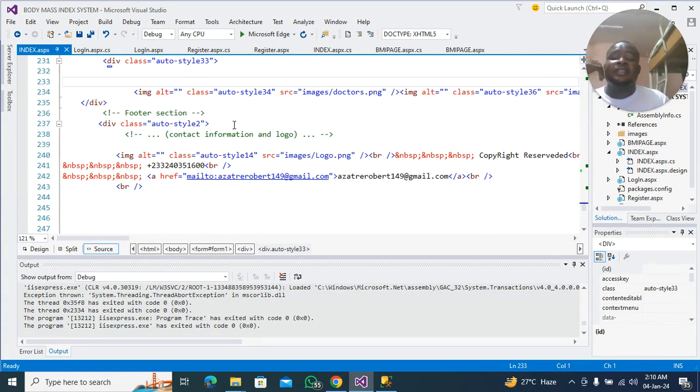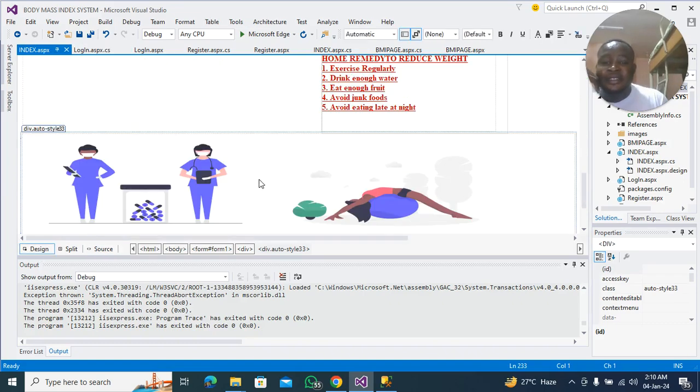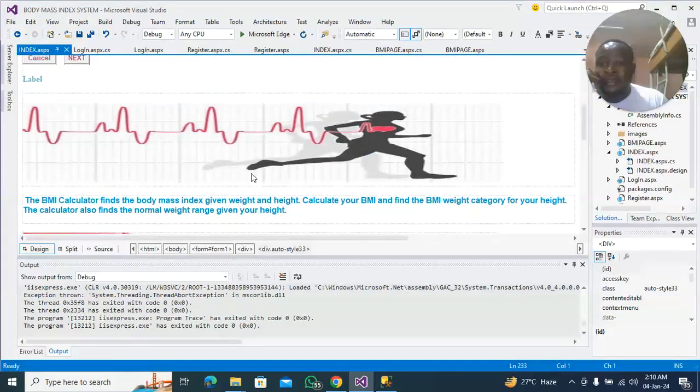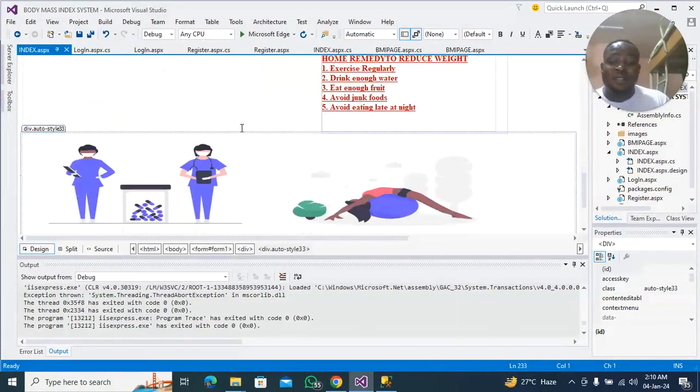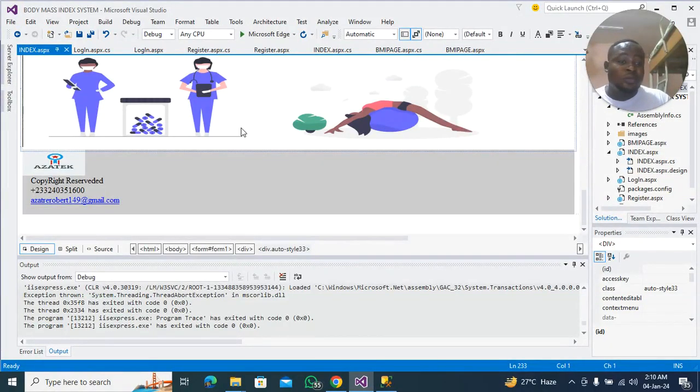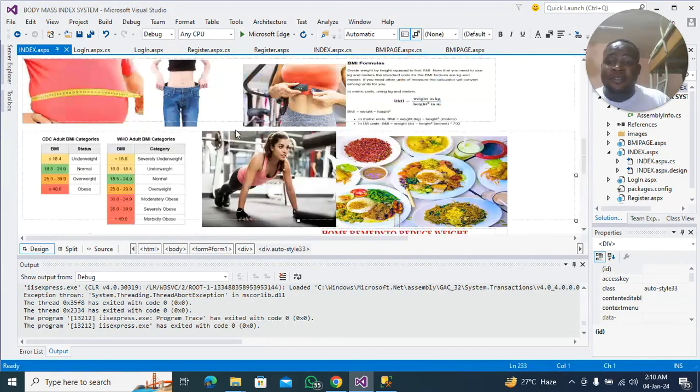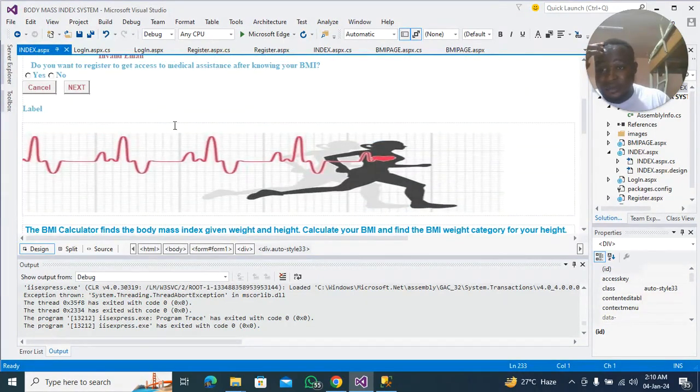So basically, this is the HTML code behind this design. Then we are going to step into the CSS source code. So in order to get access to that code,